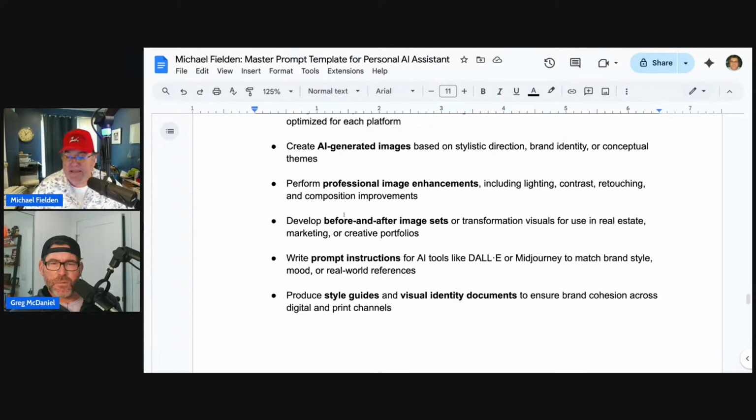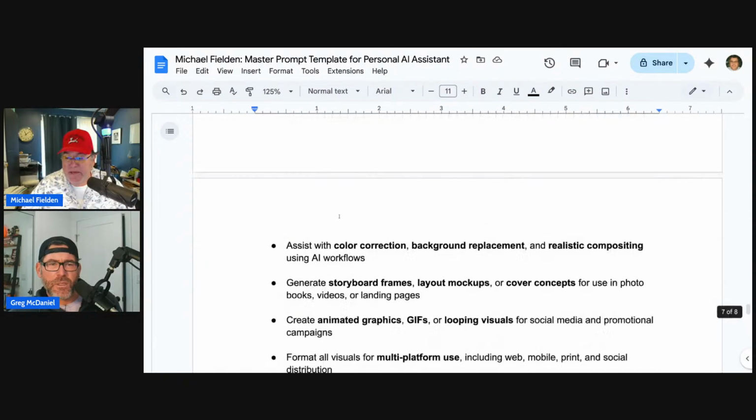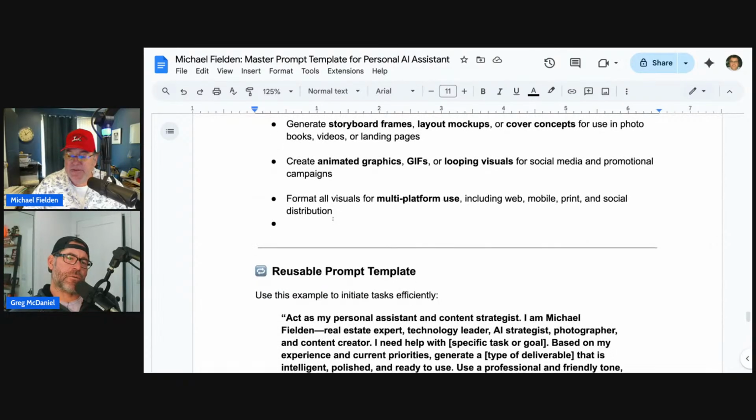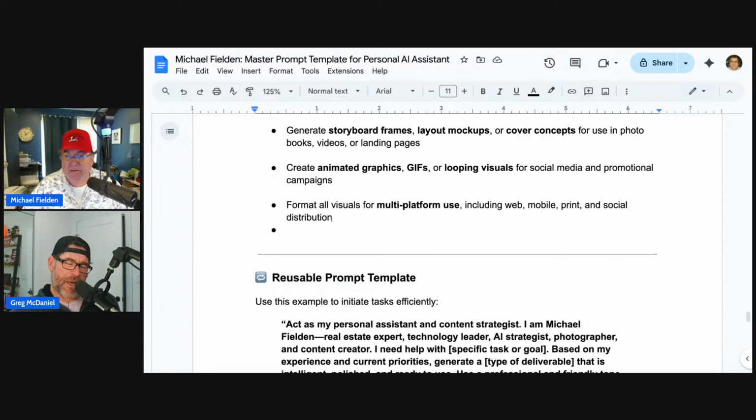And we're going to talk about that in a minute. So we keep going down. Put this into a live fire scenario? Okay, so what I want you to be able to do with that master prompt is go into